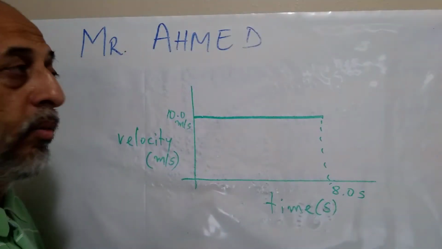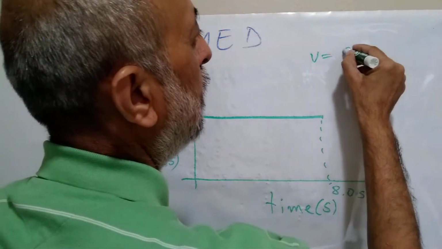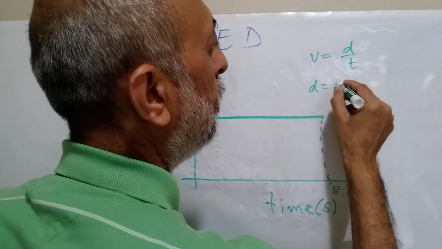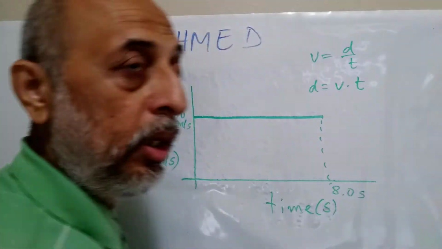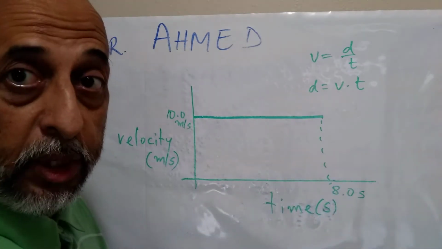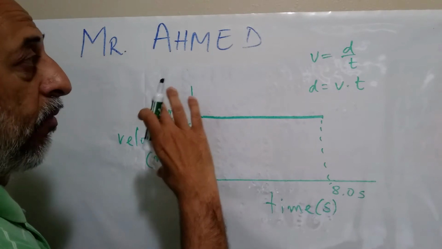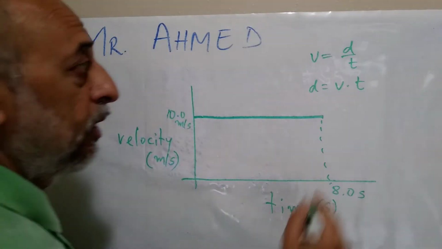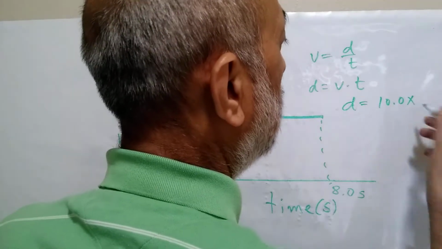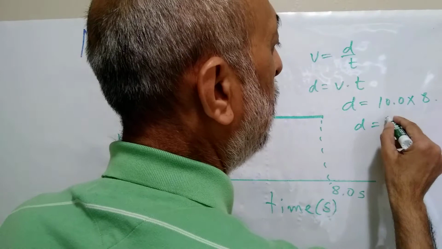Then according to the formula, we know that velocity equals distance divided by time. Therefore, distance has to be velocity times time. The product of velocity and time is actually the displacement. So the time in this case is 8 seconds and the velocity in this case is 10 meters per second. So displacement is 10 times 8, which means the displacement will be